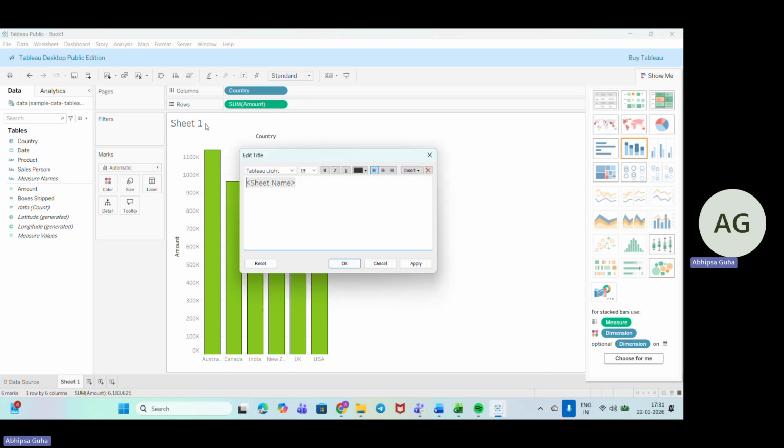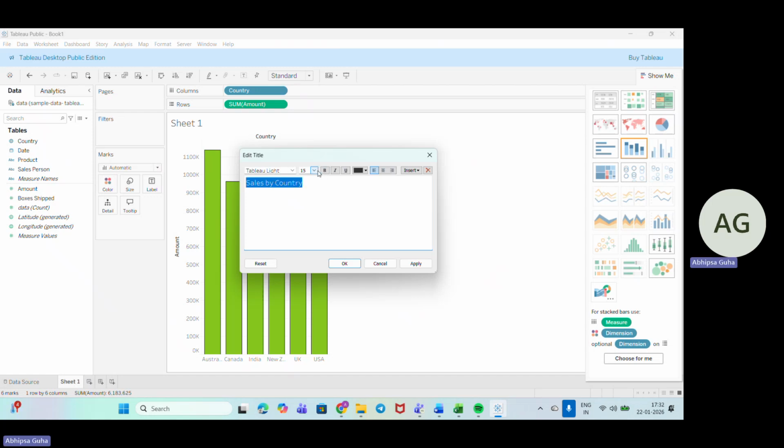And here you can add the title. The title is country-wise sales trend, sales by country. This is what we have to do.